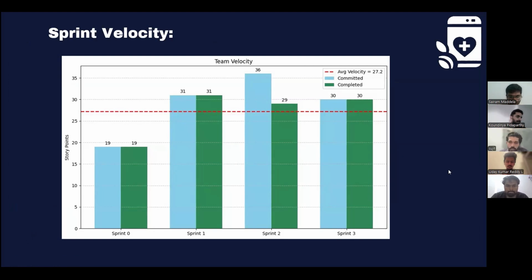So yeah, this is our team velocity. In this graph, the blue bar represents the committed story points and the green bar represents the completed story points. And the red dotted line represents the average velocity. In sprint 0, we were assigned 19 story points, out of which we completed all the story points and achieved